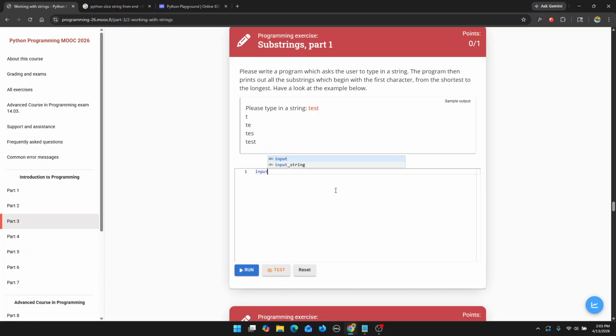First, we're going to have a variable called input string, and we're going to store the user provided string. "Please type in a string." Then we're going to have another variable called iterator, which is what we're going to use to iterate our string. Then we're going to have another variable called string length, which is going to store the length